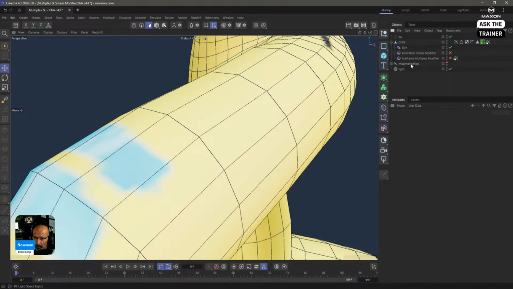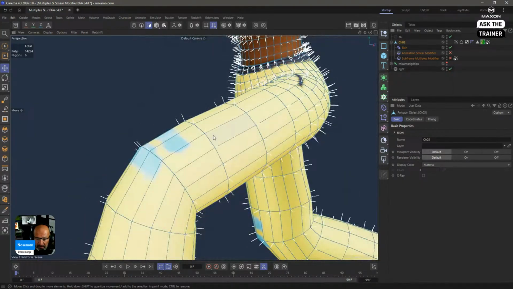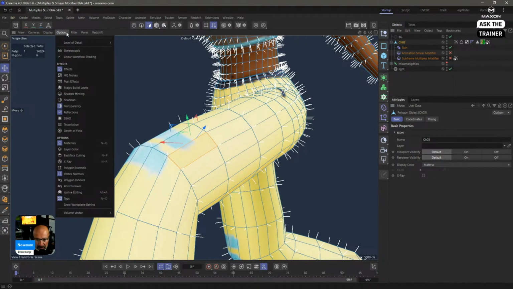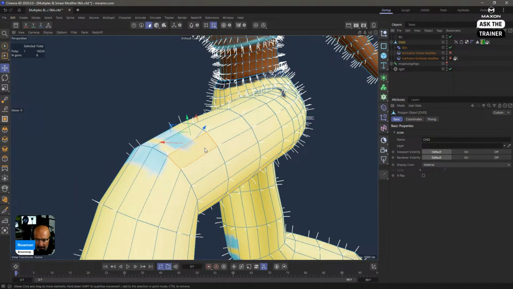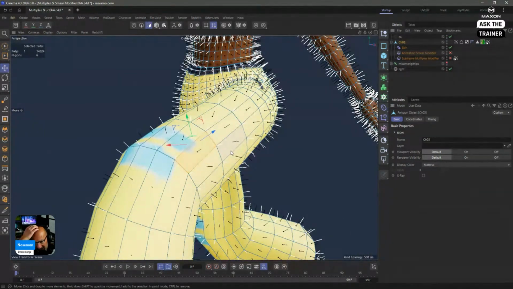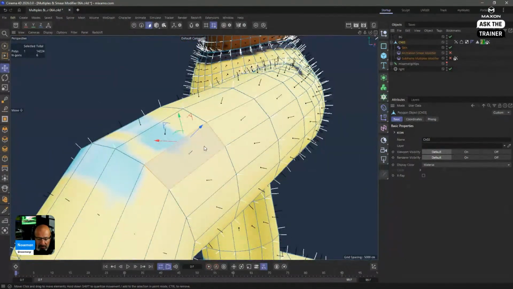So why are these important? Normals, whether they are vertex normals or polygon normals, they indicate the direction of our component, and they are a necessity. The black ones are the polygon normals. They are a necessity because in real life we do not have surfaces that are as flat as a polygon, which are single-sided.